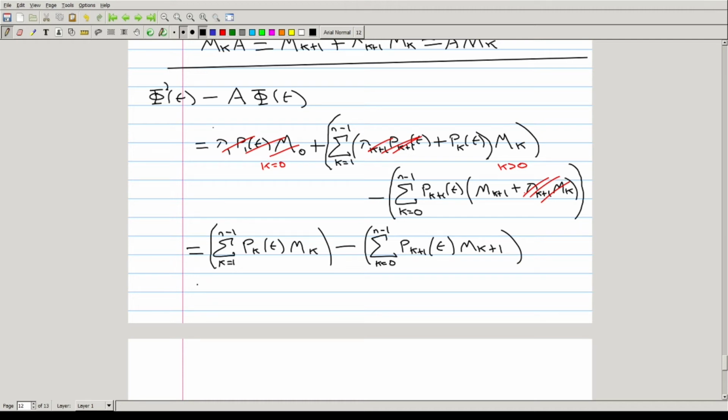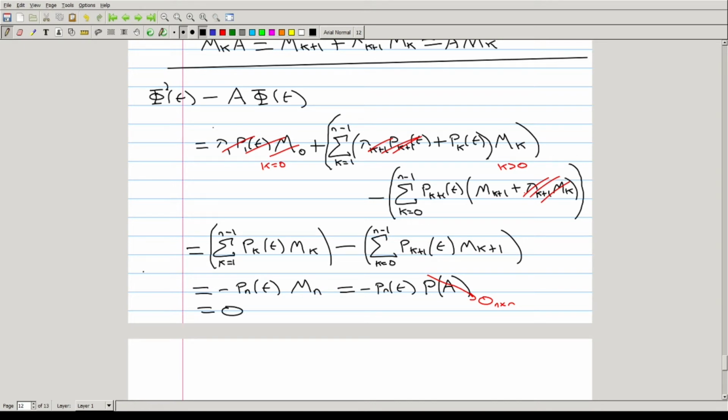In fact, the only term that's left over is negative p n of t times m n. And m n is the characteristic polynomial p evaluated on the matrix A, which by the Cayley-Hamilton theorem is the n by n zero matrix. So this is equal to 0,